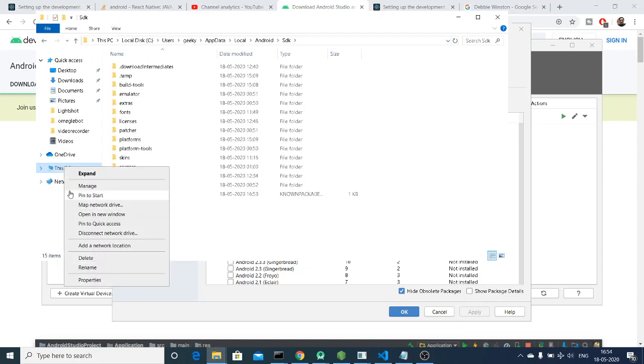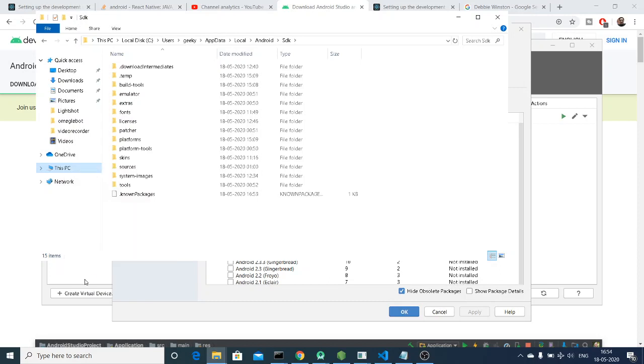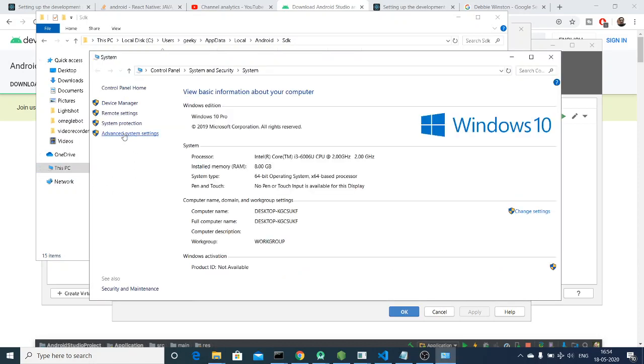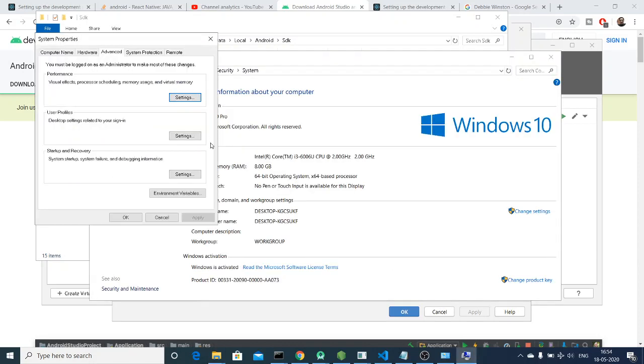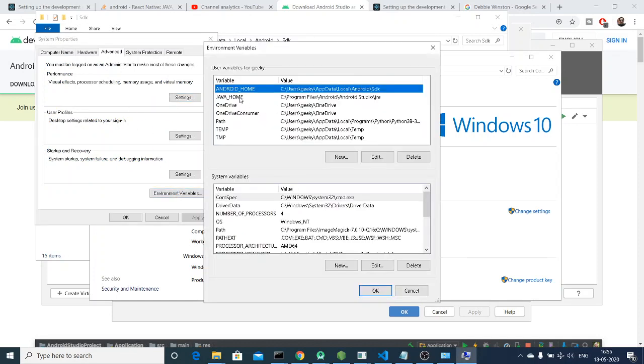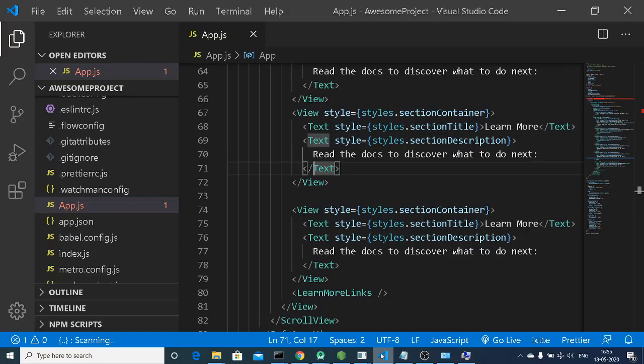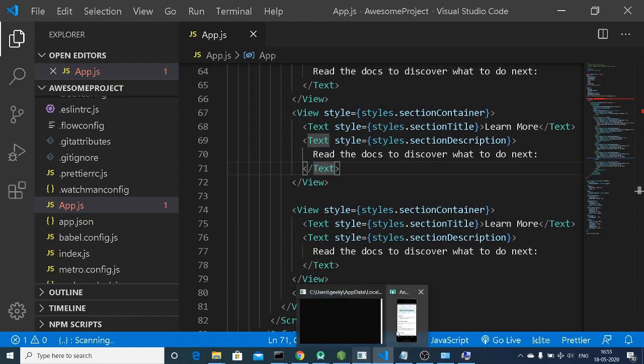Click on This PC, go to Properties, and here you need to click on Advanced system settings, and then you need to click on Environment Variables, and then you need to create a variable. Let me just delete this and show it to you guys once again. Let me stop my React application, and in that way it will be understandable to you.